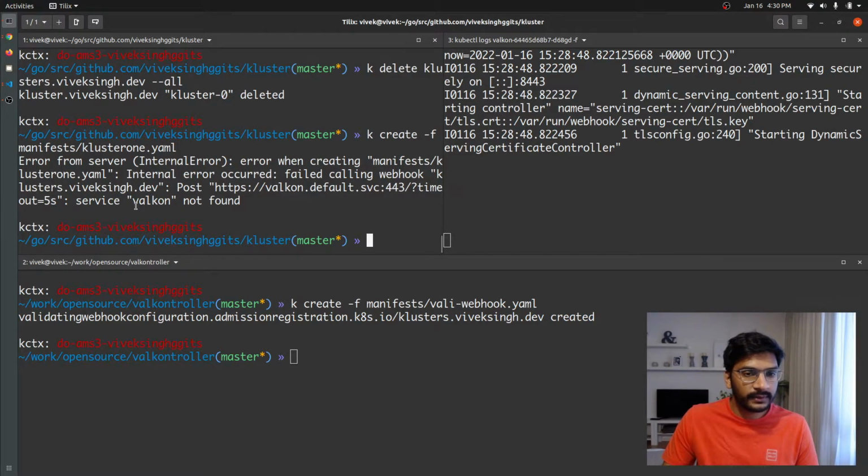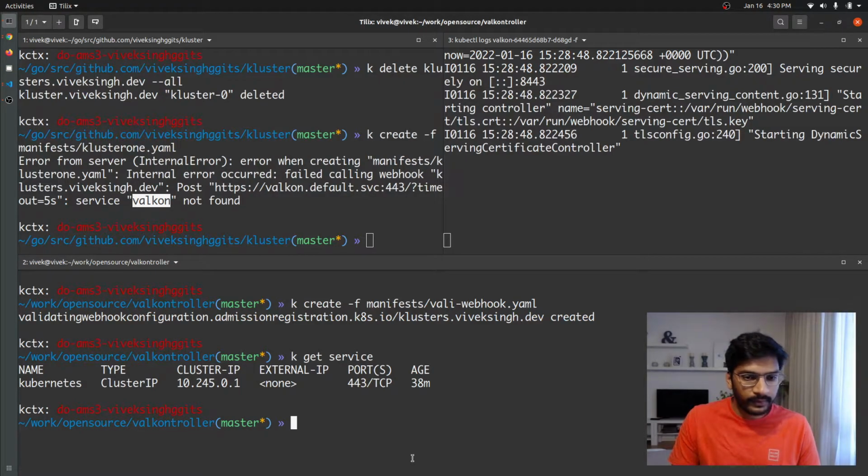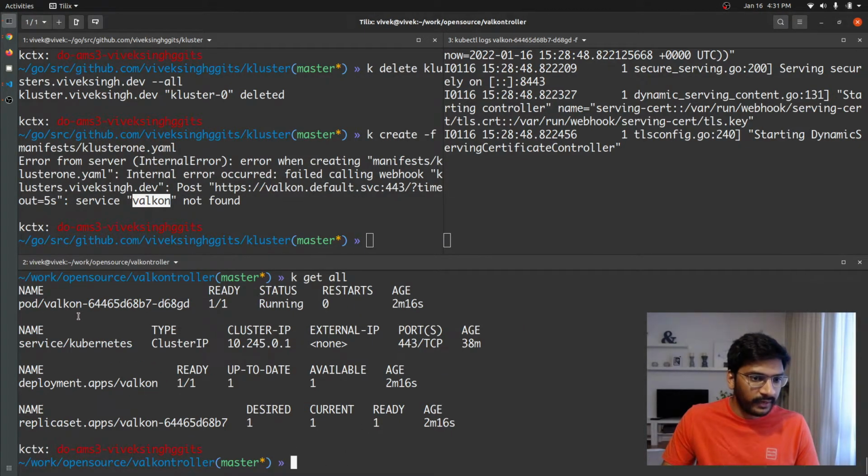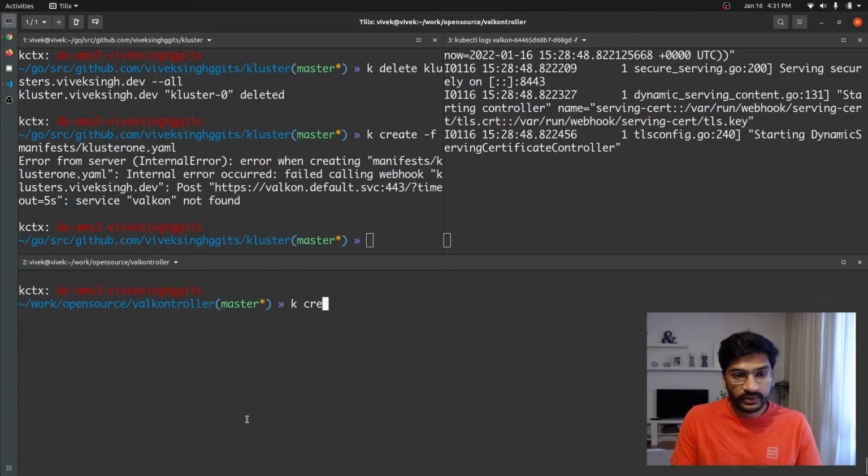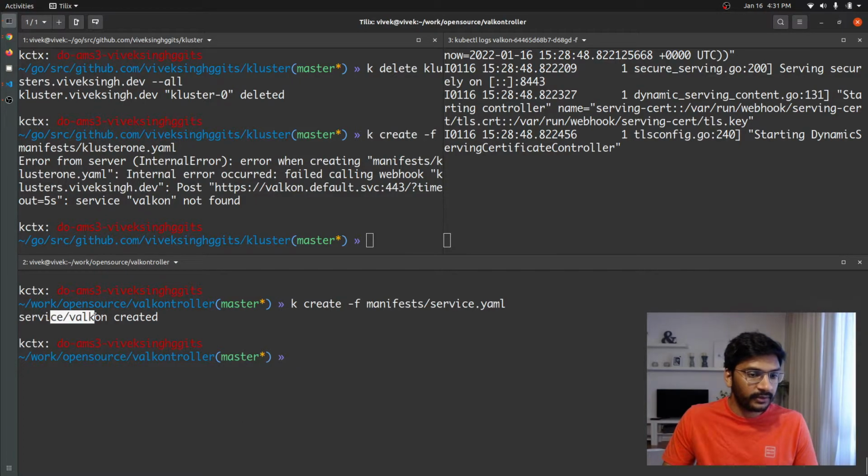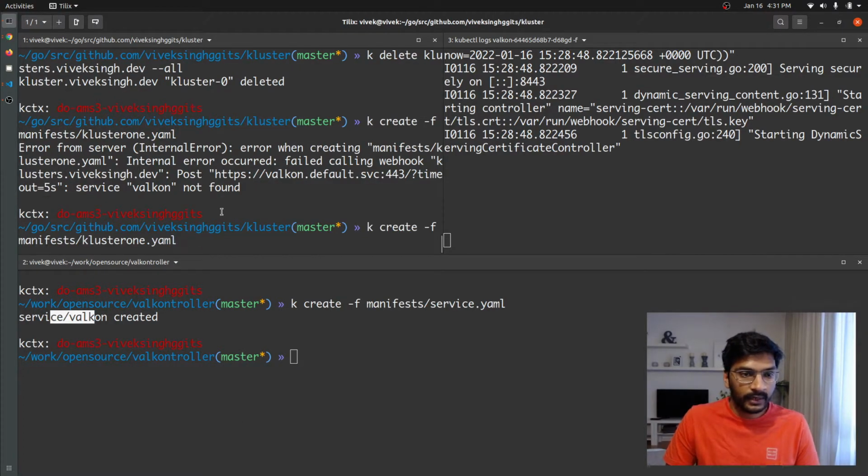it says service not found. Okay, so somehow the service was not created. So we have our validating webhook controller running, and somehow the service was not created. So create -f manifest service.yaml. Now the service has been created, and